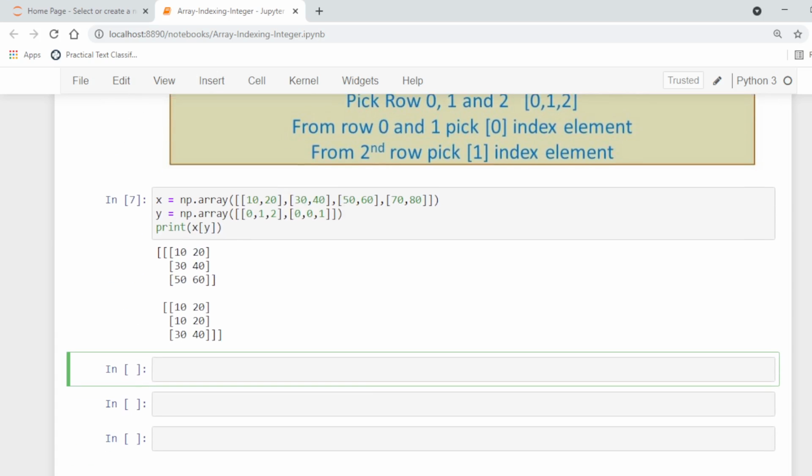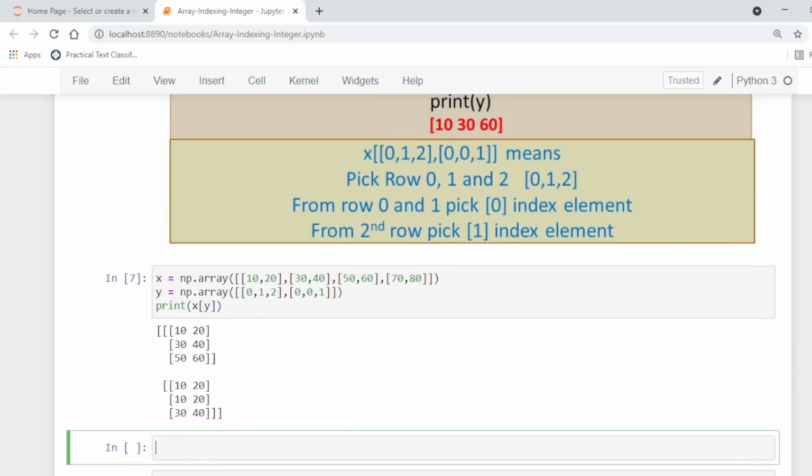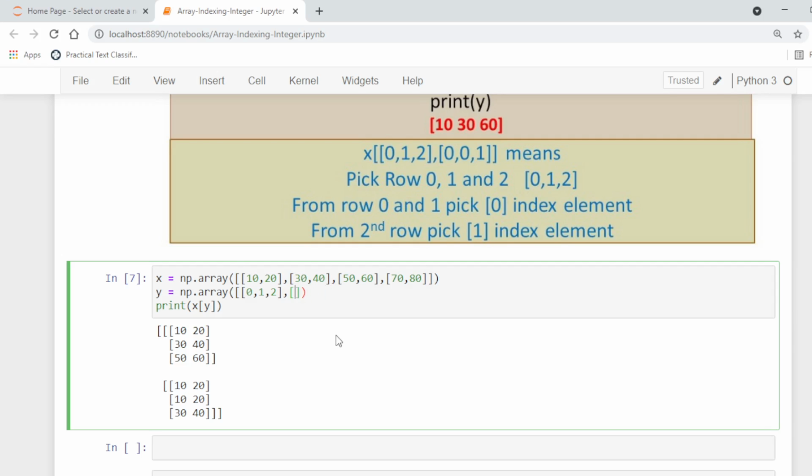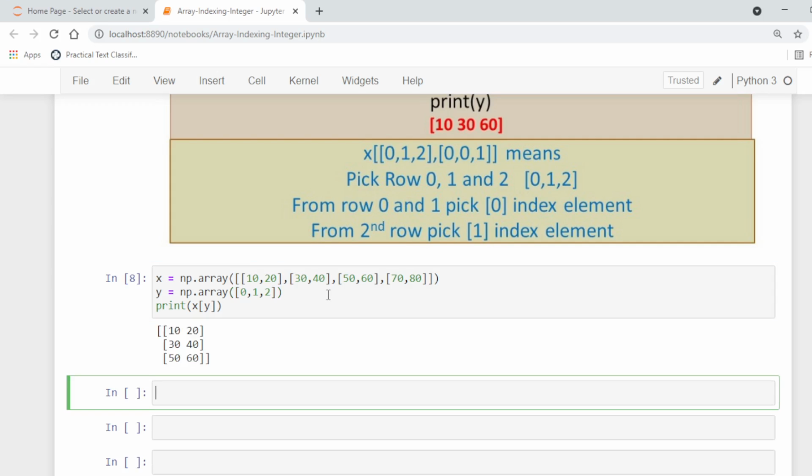So if we use it like this, it will return rows 0, 1 and 2: 10, 20, 34 and 2.